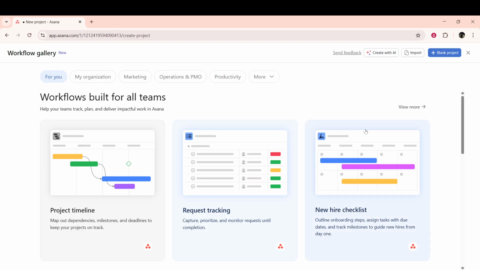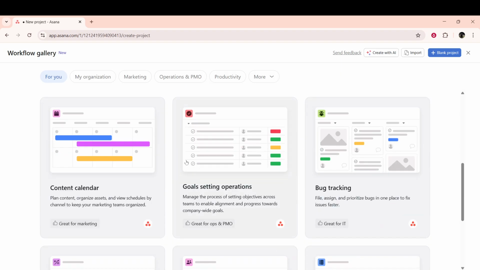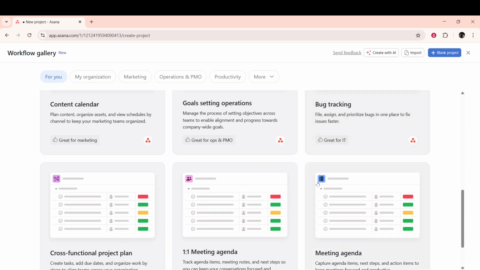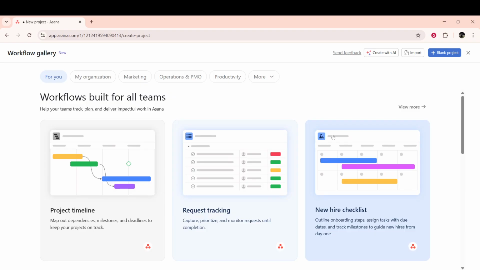Next, Asana will ask how you want to begin. You can choose a blank project to build it your way, or pick a template if you want a pre-made layout with suggested sections and fields. Templates are great for repeatable workflows like onboarding, content calendars, or product sprints, while a blank project gives you full